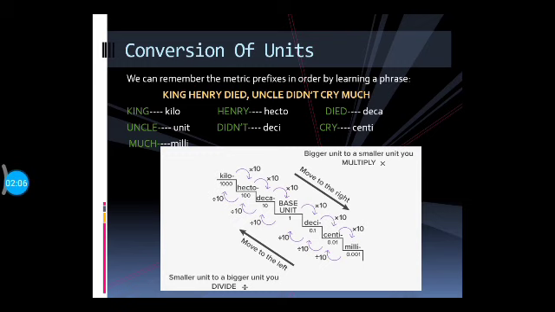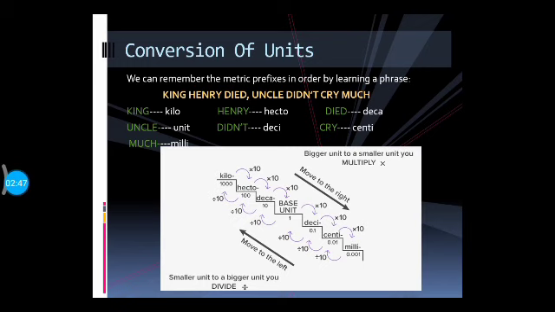Okay. Now here, as I told you, at the top kilo is written, that is the biggest metric prefix, and milli is written at the bottom of the ladder, that is the smallest metric prefix. Okay. Now whenever I have to convert a bigger unit into smaller one, that means whenever I have to move from the top of the ladder toward downwards, okay, then I have to do the multiplication always. And if I want to move upward, from smaller unit to bigger unit, then I have to use division.